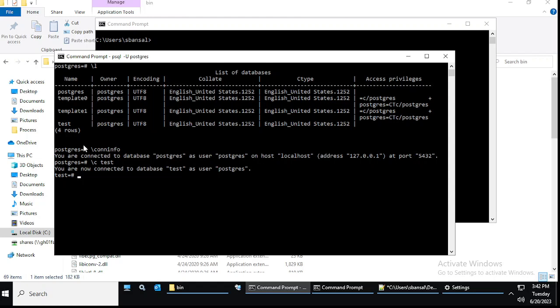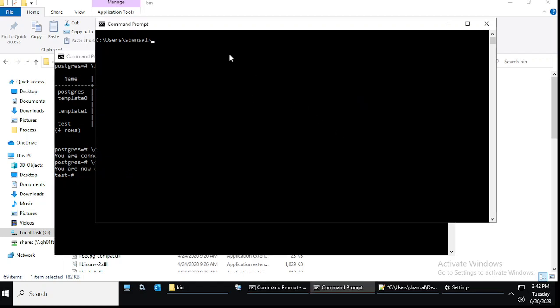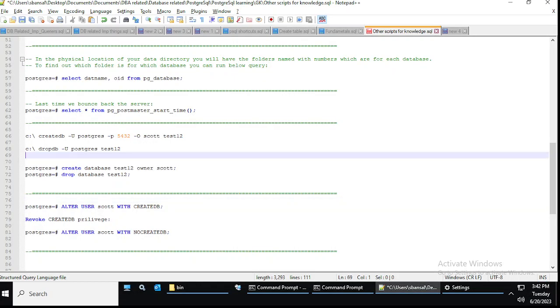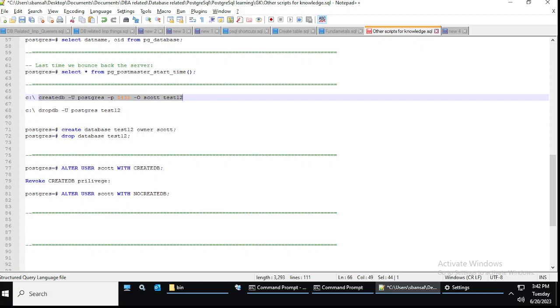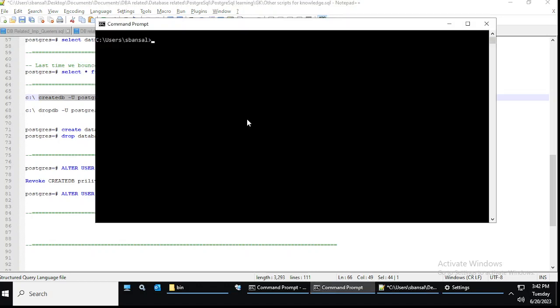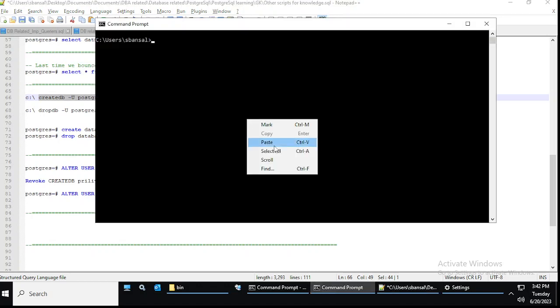So this is all, and let me now create a database using the createdb utility. Let's see first how we do it. I have already told you the syntax for this. We are going to create test12, which is our test database name. The owner of the database is Scott, along with the port and the user with which we are going to create this. Okay, so let's see. First let me show you,